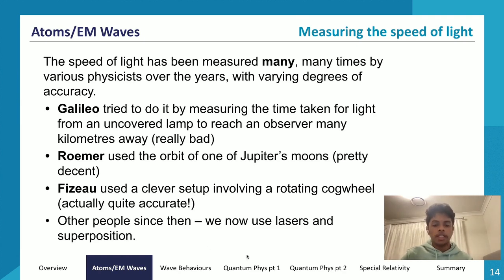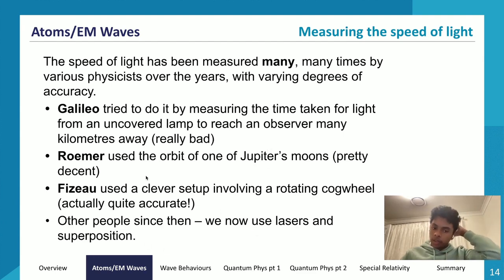So basically, you'd have to turn the cogwheel faster and faster and faster until he reached a rotational velocity that would completely block out all of the light rays that light source would send. And what he did was he now knew the rotational velocity, and he knew the distance that light would travel. So he could calculate the time taken for light to travel the distance. Then he would do distance over time, and using that, he would calculate the speed of light.